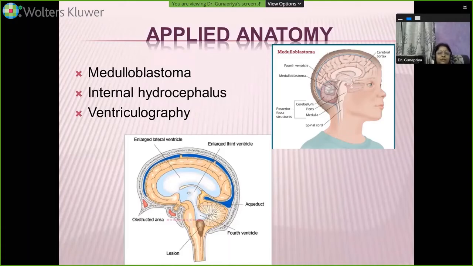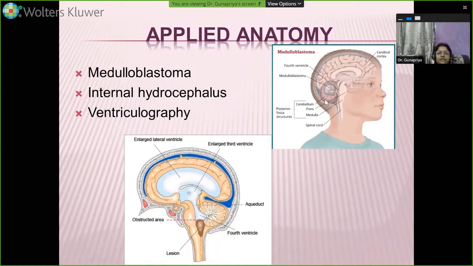Medulloblastoma is a tumor. It's not very uncommon. You find it in children, a very rapidly invasive or highly invasive malignant tumor. It's a cancer, a malignant tumor, which involves undifferentiated neuroectodermal cells from which the cerebellum is developing. Cerebellar vermis. The cerebellar vermis is the site from where this tumor arises. Medulloblastoma arises from the cerebellar vermis due to poorly differentiated neuroectodermal cells from which the cerebellar vermis is developing.